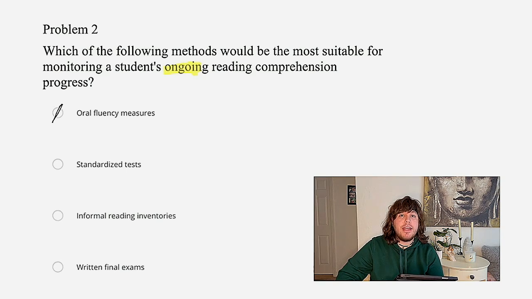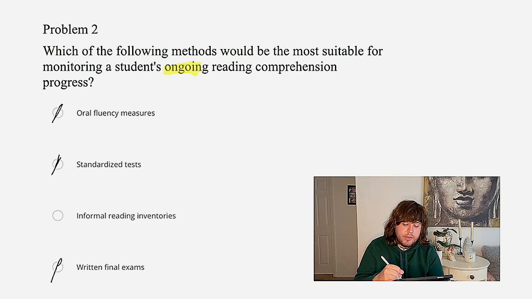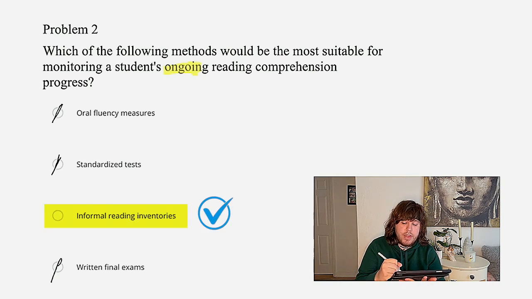B says standardized tests. Standardized testing, like answer D, written final exams, can be a good way to measure student progress. However, you'll only give those exams maybe 2 or 3 times a year at the most. So they're not good methods of measuring ongoing progress. So I'm going to cross out answer B and answer D, which leaves us with the correct answer, answer C,